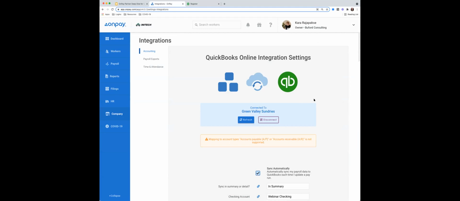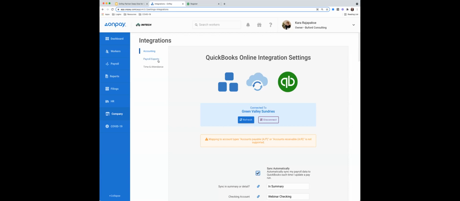That's nice. And then, Kara, on that screen, just one thing where it says connected to Green Valley, that is telling me that the connection's live. So if for some reason we did lose your tokens, maybe QuickBooks cleared everybody's tokens and we lost everyone's connection, I haven't seen that happen with QuickBooks, I've seen it with other GLs, that will not say connected. There is a warning there that'll say, hey, you're disconnected. Please reconnect.